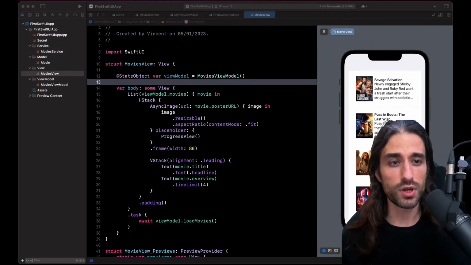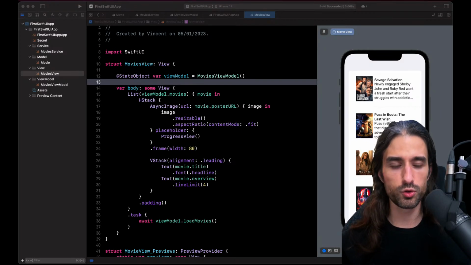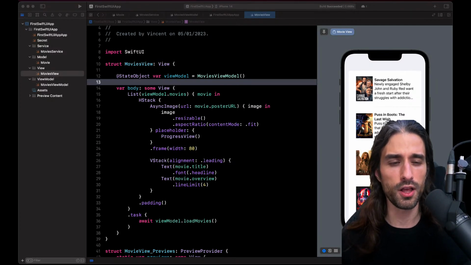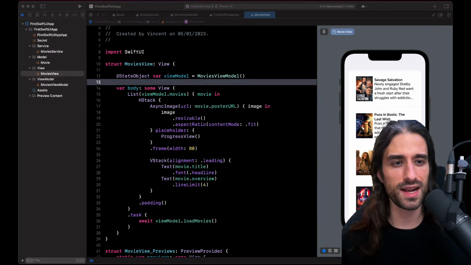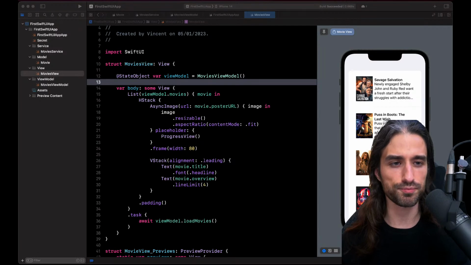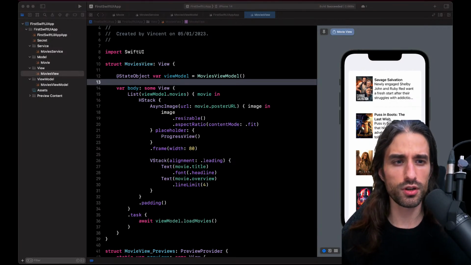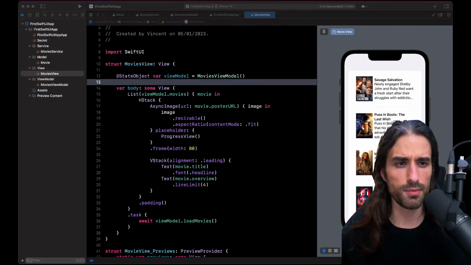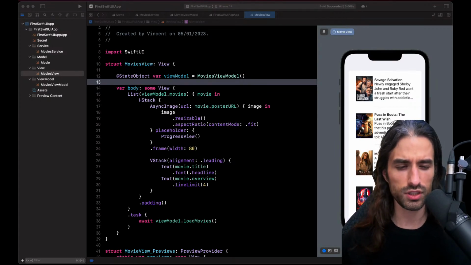So I would say you can start learning SwiftUI without focusing too much on Combine. And when you reach the point where you actually need to use Combine, then you can focus on it. But you don't need to learn the two in parallel to get started, which is kind of cool because Combine is quite a strong topic, and so being able to focus only on SwiftUI is nice. Let's do things one step at a time.